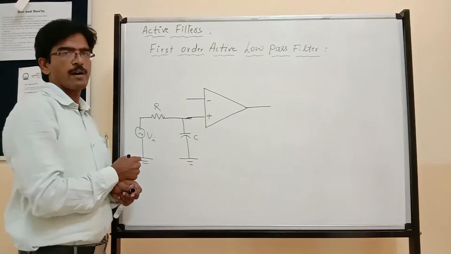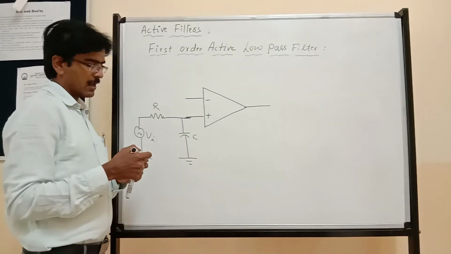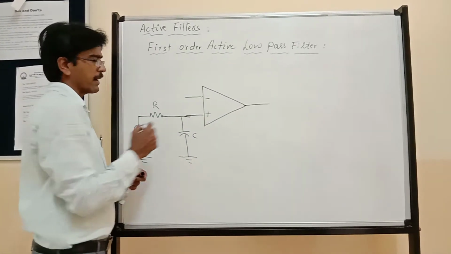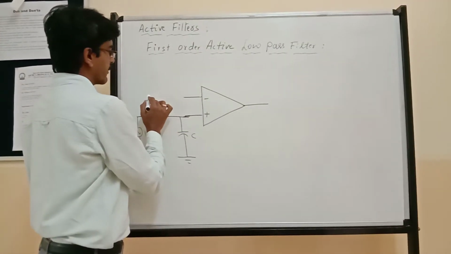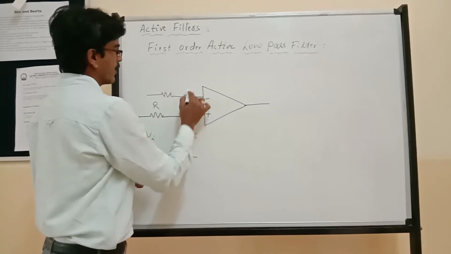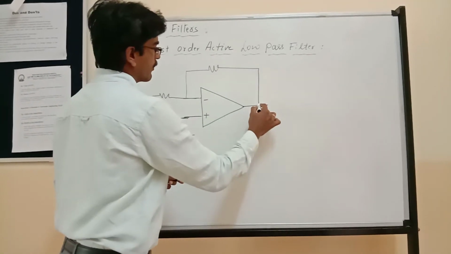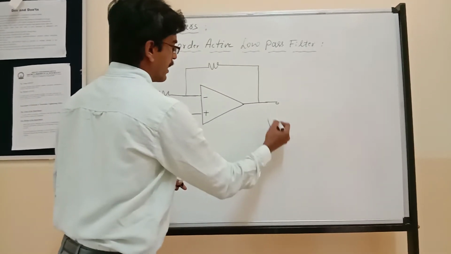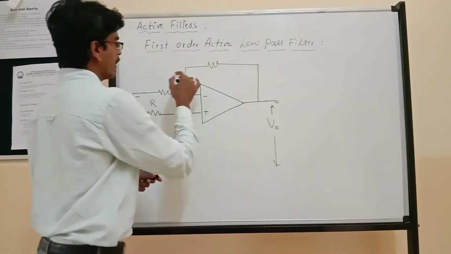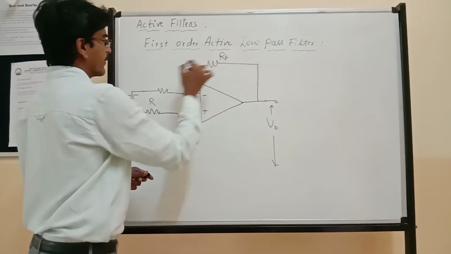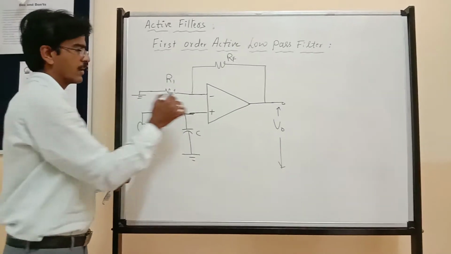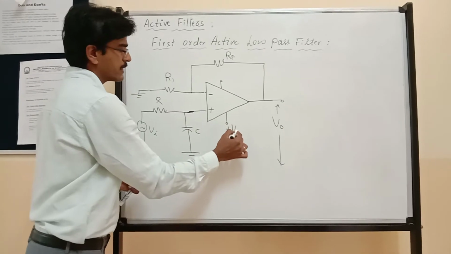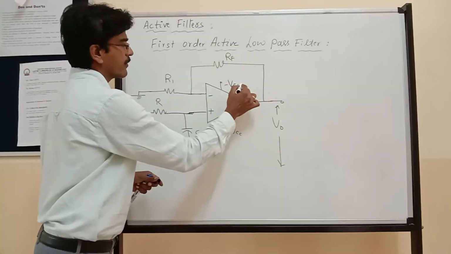Now, since we want to adjust the gain, let us make this an amplifier. To make this an amplifier, we need to use feedback and also the voltage divider network, that is, negative feedback we need to provide. Let us provide the feedback here. So, feedback is negative. Here we are going to take the output. Let this be feedback resistor RF. This is R1. As usual for any op-amp, we are going to provide plus VCC and minus VEE.